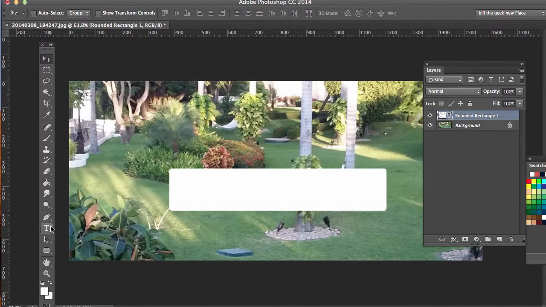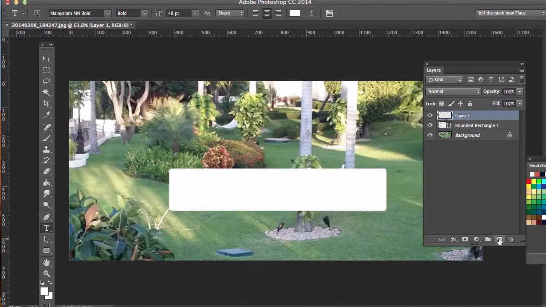So basically, here's what happens with text, and I think it's somewhat confusing. The first thing you do is click the text tool. Now notice this is a little weird too. The rounded rectangle tool layer is selected, so it thinks that you want to add something to the shape, which confuses the heck out of me. So I just make a new layer, and now when I hover over the object, I see the I-beam. A nice clean I-beam. That's a good sign. And then I just click,